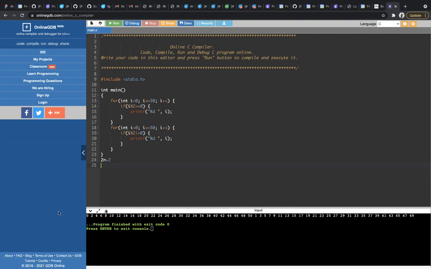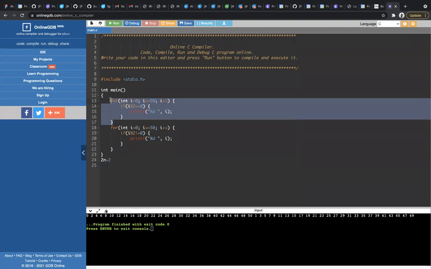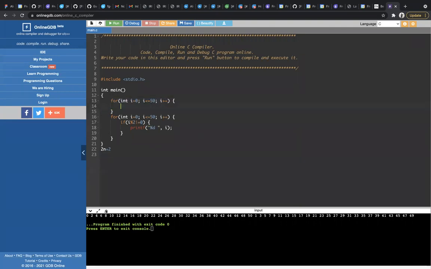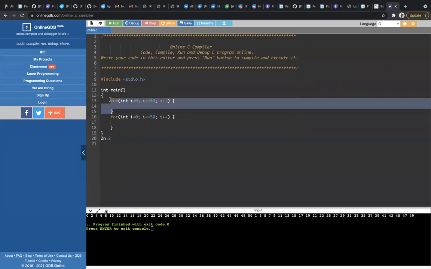Okay, what I was telling is, if you see here, this is the for loop. Just for now, remove these 2 lines. When you are seeing this, can you tell me the first for loop, how many times is this for loop executed? 50 times.